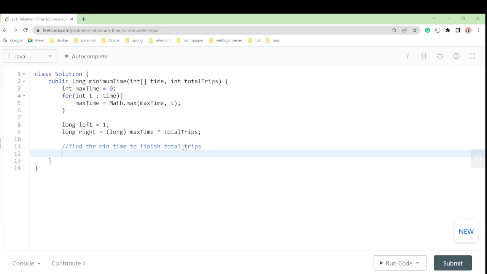Okay, now what we will do, we'll make a while loop, and we'll say